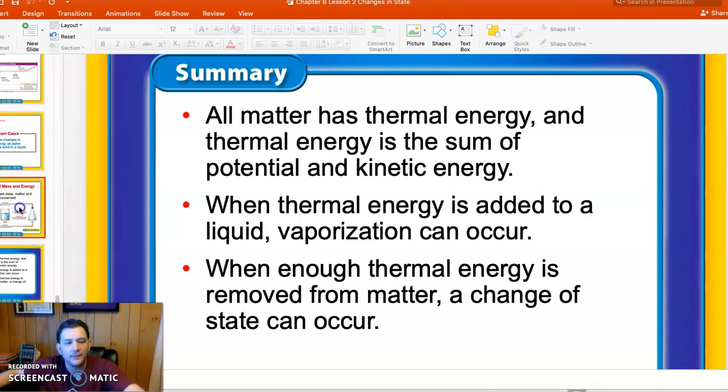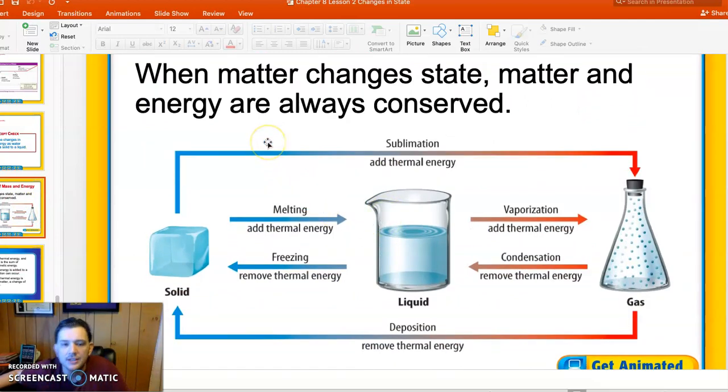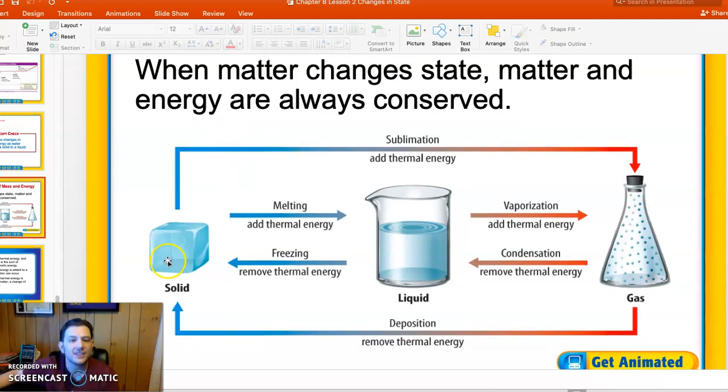The very last thing I want you to have on the back is this picture right here that is already put on your sheet. You just have to fill it in. And this is a nice flow chart, and I use liquid a lot. What's really cool about water, and you should know this, is that water is the only substance, at least that I know of, that naturally occurs on the planet Earth as a solid, liquid, and gas. As a solid, it's ice, okay? Right now in Minnesota, there's ice all over in the middle of winter. What happens is, if we add enough thermal energy, that solid ice will turn into liquid water,